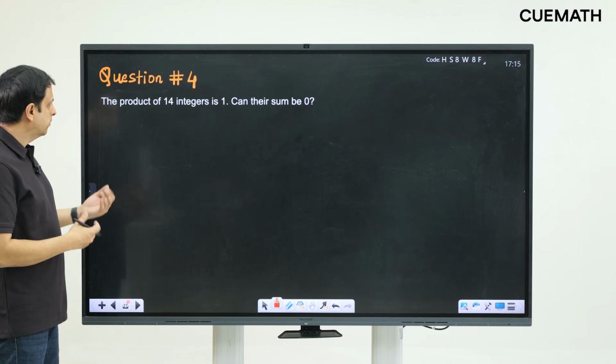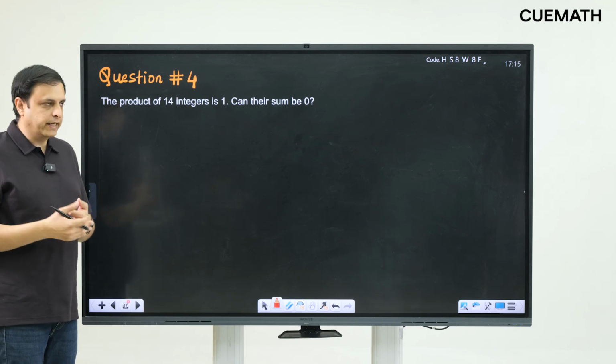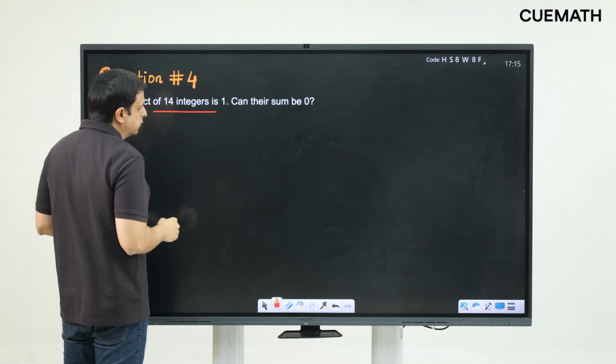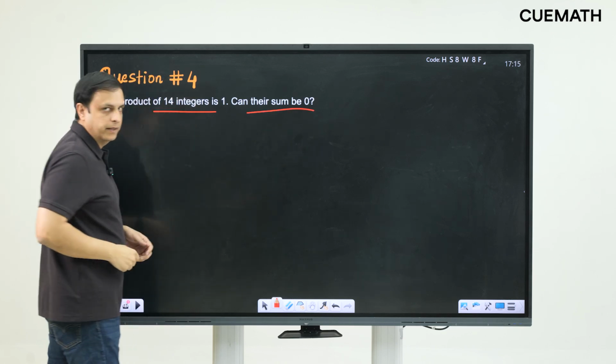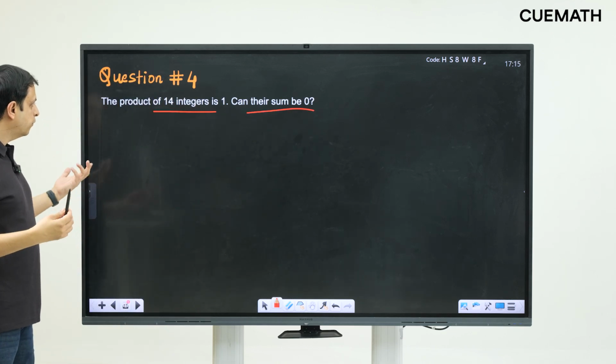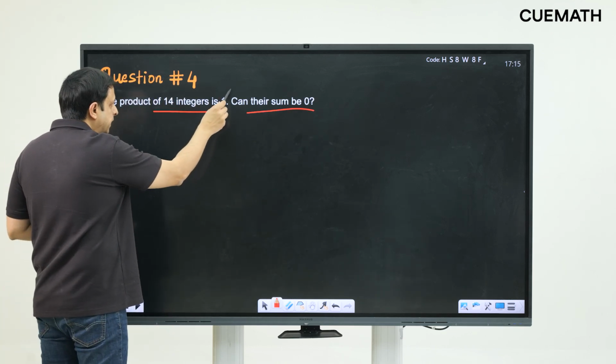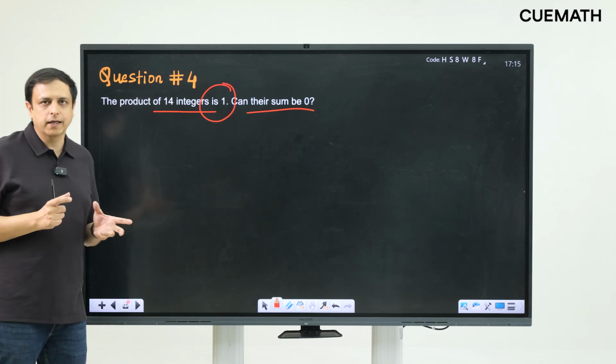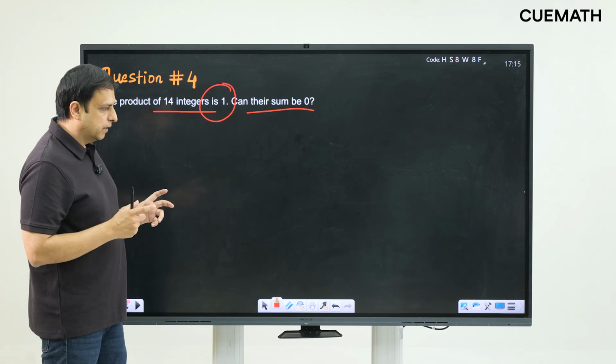Okay, now here's question number 4, kind of extends the parity idea. The product of 14 integers is 1. Can their sum be 0? So the product of 14 integers is 1. So the key to solving this question is in the fact that the product is 1, and the product of